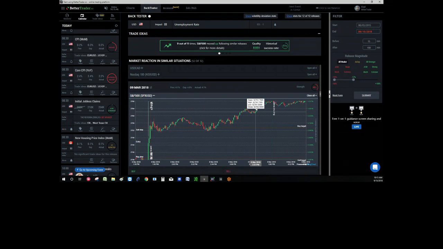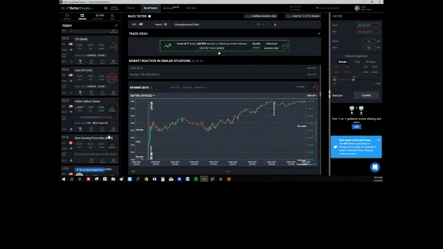So you can prepare before the unemployment rate is released. You know that if it's going to be weaker, you're going to be focused on the S&P 500, and you're not going to short the S&P 500, because this is the wrong thing to do, as all the statistics show the opposite here. So this is the way that you can prepare with the backtester before the event release.